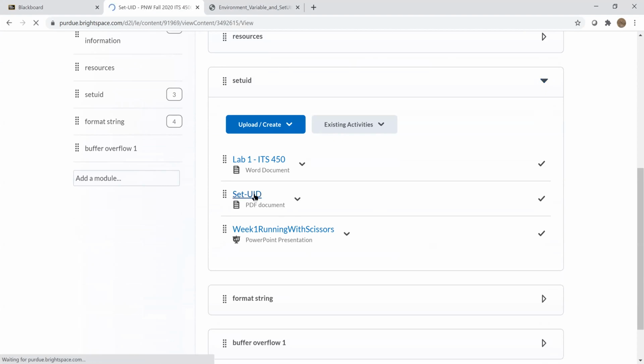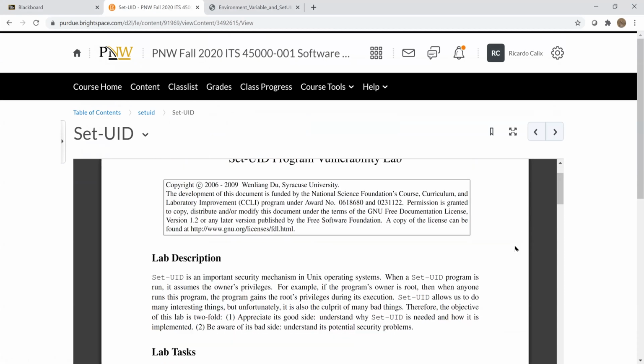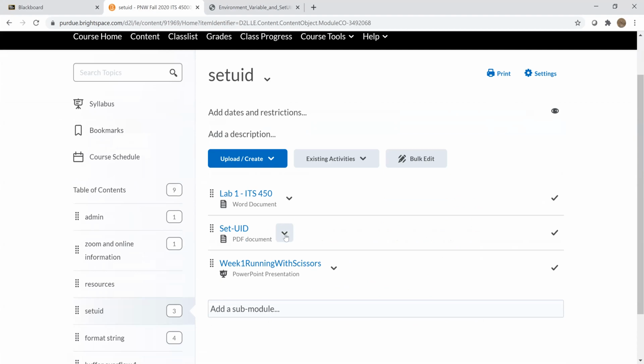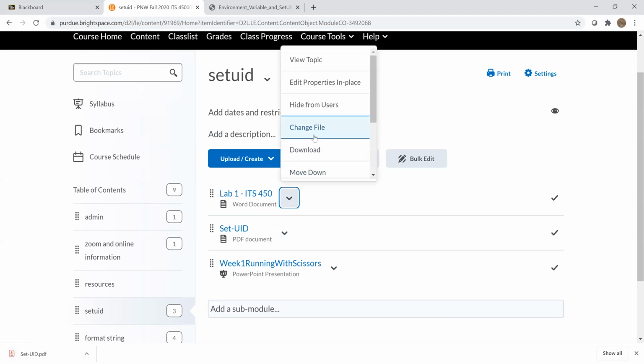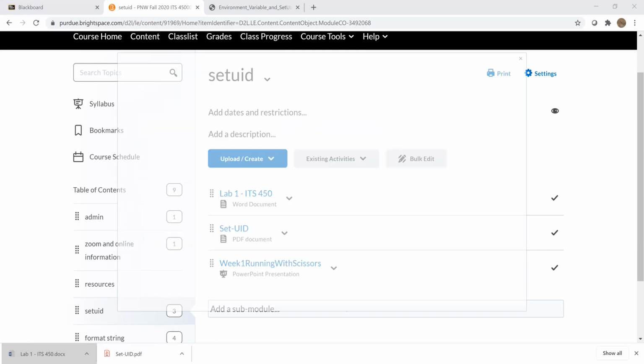So let me open this SetUID one. So this is an abridged version of the other one. And yeah, so we're gonna look at that one. So I'm just gonna download it. All right, and also download this document, which is the Word document. So as I said, I changed it a little bit, because I do change it sometimes from semester to semester. And that should give us kind of what we, so for this one lab, you have to follow really the Word document that I provided. Okay, so that's really the,